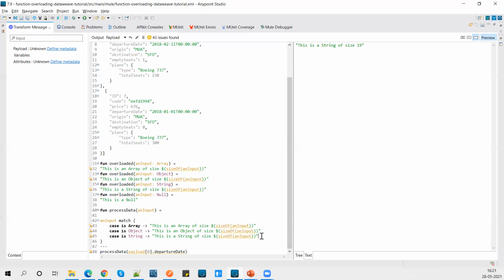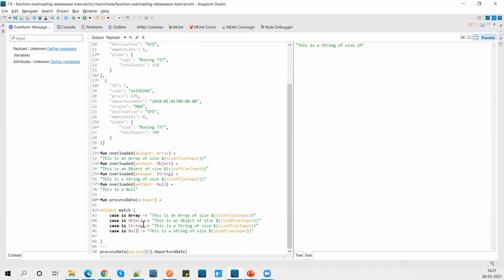So I'll add the last case statement and we'll end this session. Okay, so if this is null, instead of that, in the match operator, the default thing will be the else part.